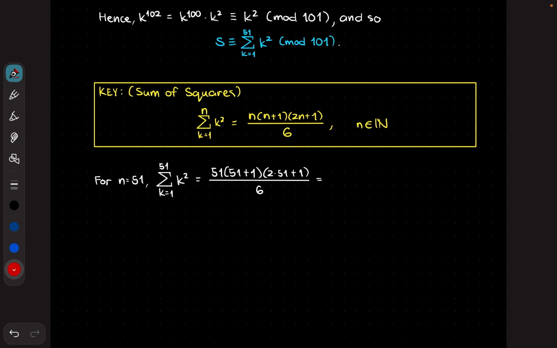Then I'll just leave this to you to verify. But this can actually be simplified to 100 times